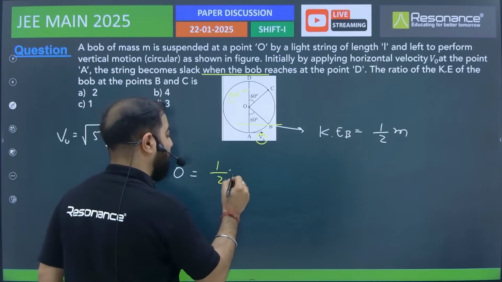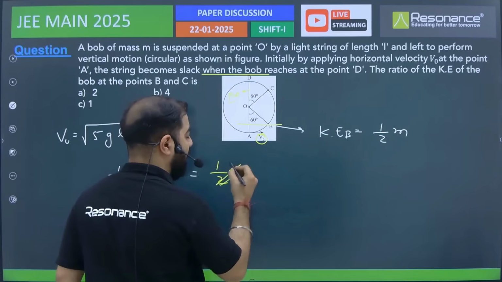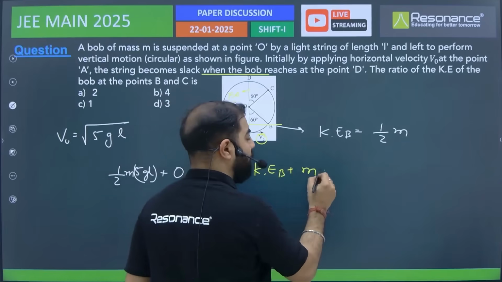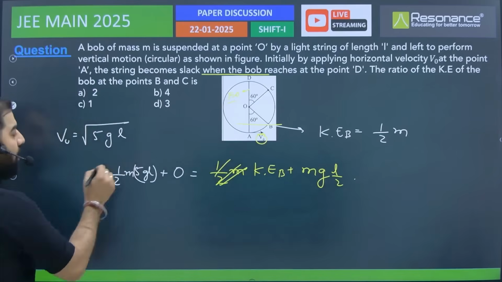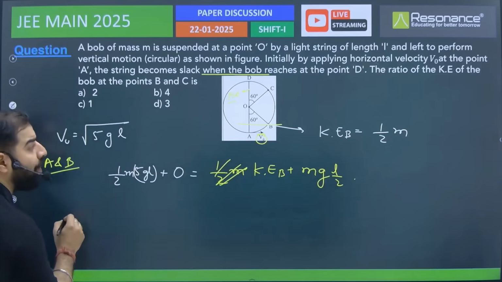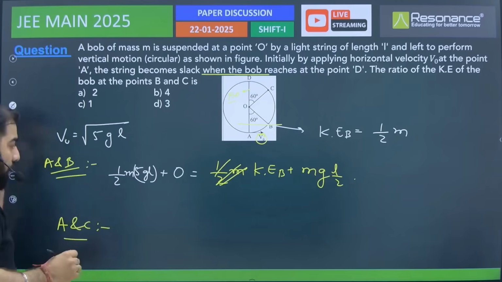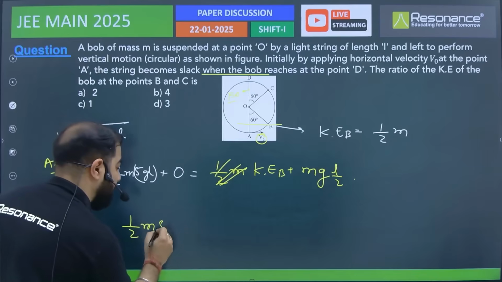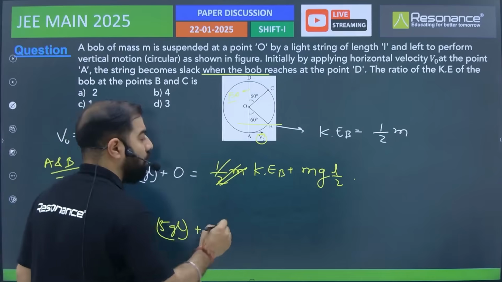So let's not write half of m; rather, write it as kinetic energy at point B plus potential energy mg times L by 2. Okay, that's conservation between point A and B. Let's go for conservation between point A and C. So conservation between point A and C: half of m times 5gl plus 0 is equal to kinetic energy